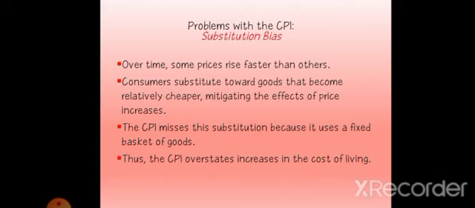Now, for this reason, the index will measure a much larger increase in the cost of living than consumers actually experience. So that is the first problem with the computation of the CPI. Okay? Okay, another